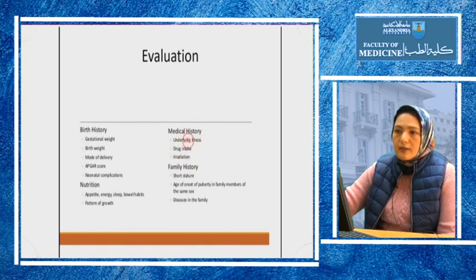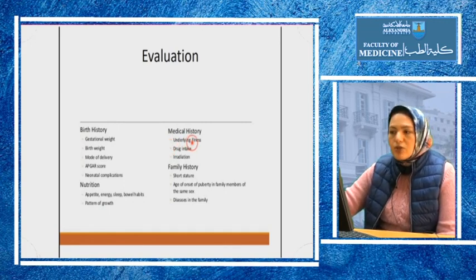The drug intake, it's very important to ask the patient if he is taking any of the drugs that may affect the growth. One of the common drugs that affect the growth is glucocorticoids. So you have to ask the patient if he is receiving chronic and large doses of glucocorticoid for treatment of any underlying disease, and the presence of irradiation.